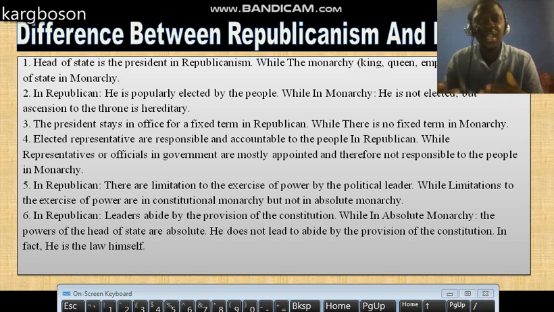Then of course, elected representatives are responsible and accountable to the people in a republic, while representatives or officials in government are mostly appointed and therefore not responsible to the people in monarchy. In a republic